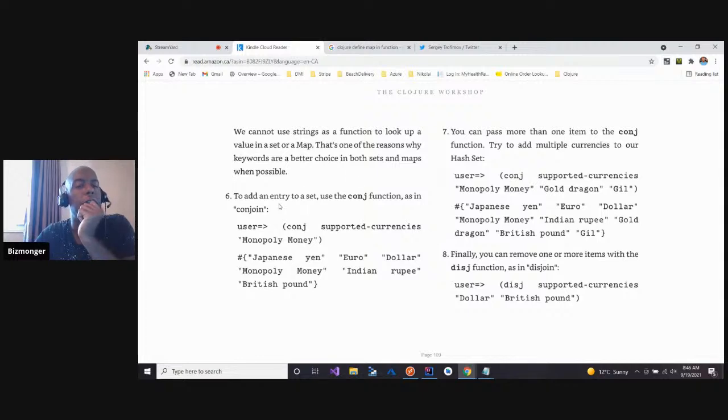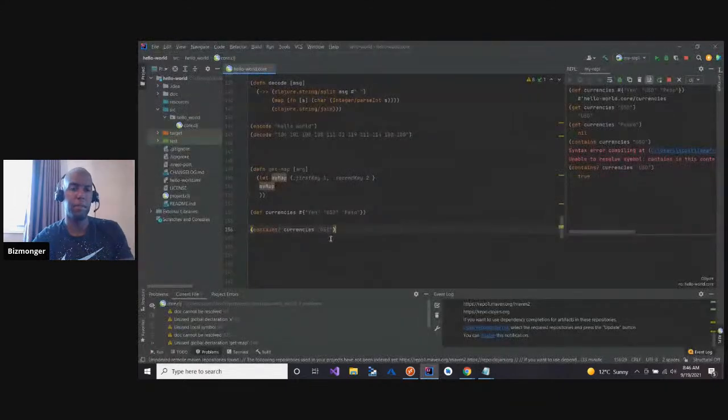To add an entry to a set, use a conj function, as in conjoin. So conjoin supported currencies, monopoly money. All right, let's do that.